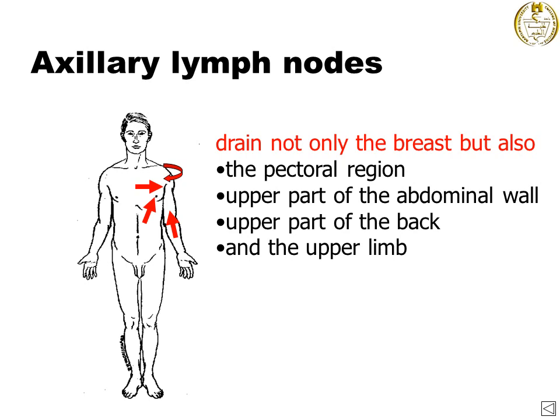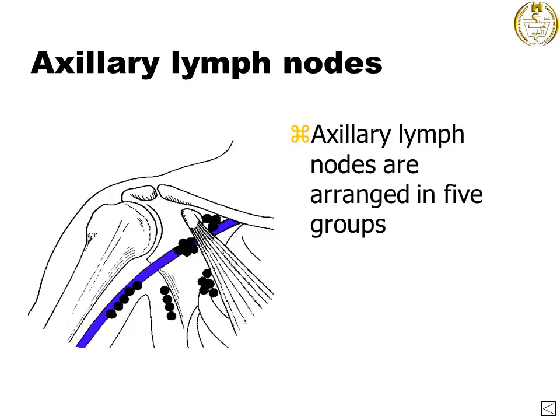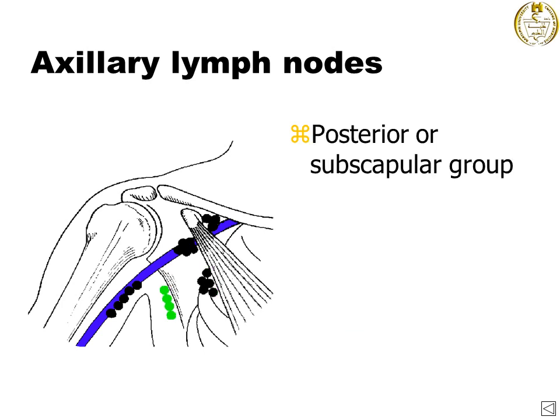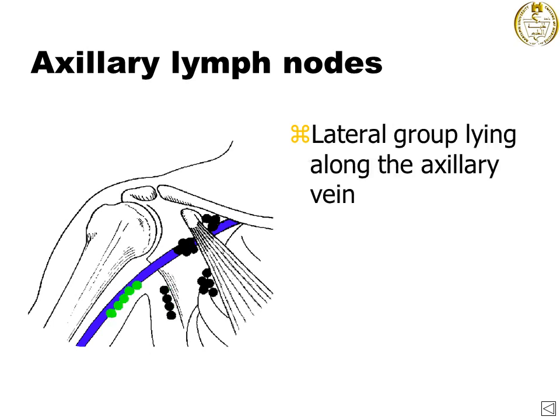Axillary lymph nodes drain not only the breast but also the pectoral region, the upper part of the abdominal wall, the upper part of the back, and the upper limb. Axillary lymph nodes are arranged in five groups. Number one, the anterior or pectoral group, lying deep to the pectoralis major along the inferior border of the pectoralis muscle. Second, the posterior or subscapular group. Third,